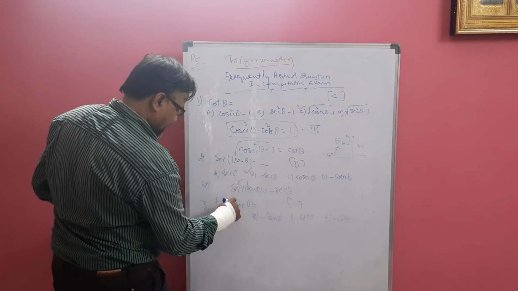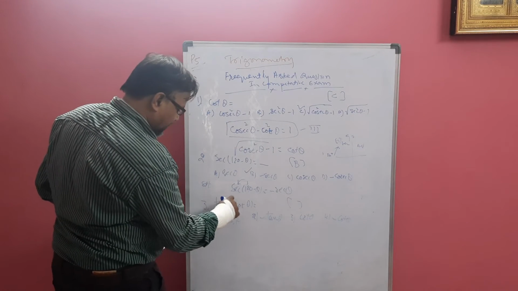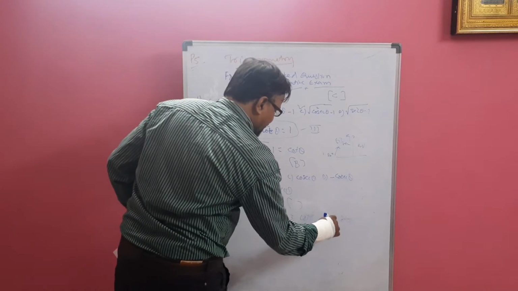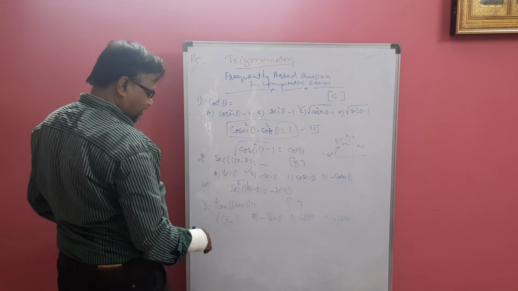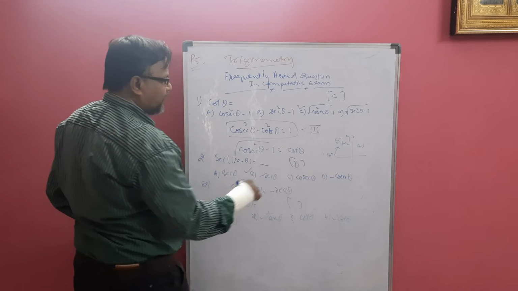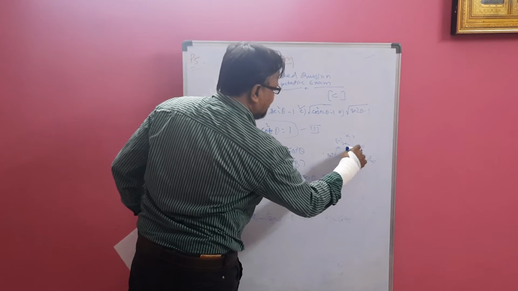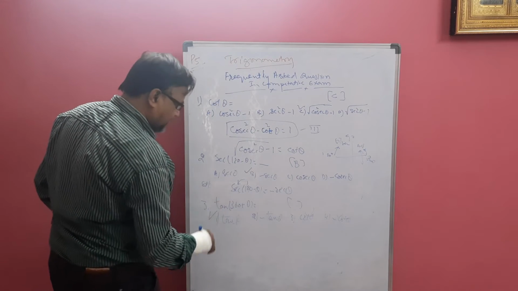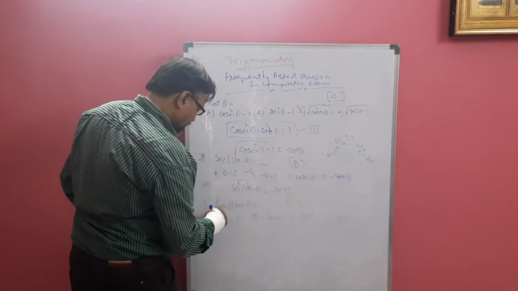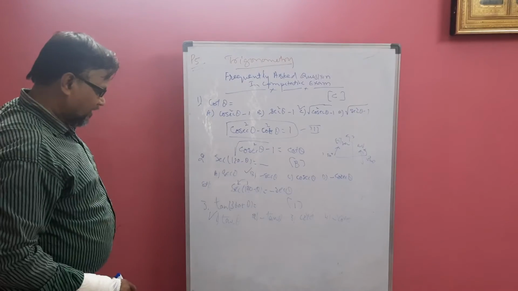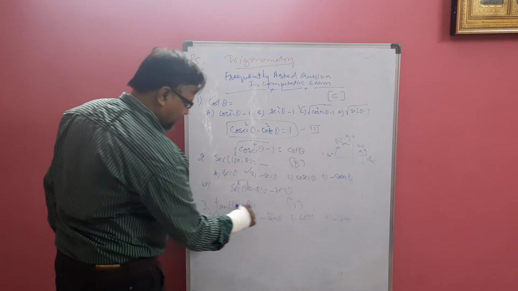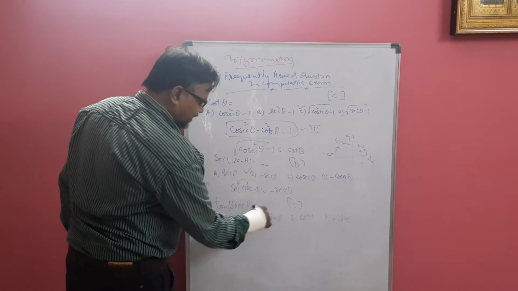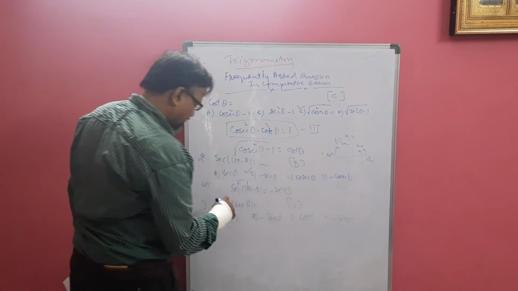Again we have to see that whenever 360 is there, we have the answer as tan. For tan, two answers are there. These and these are not our answer. Why? Because tan of 360 we have to simplify. It comes in the first quadrant. 360 plus theta lies in the first quadrant, all are positive, so this is the solution. Tan 360, tan is our answer. Plus theta comes in the first one, all are positive, the positive one, not this one. So like this we can cancel the first two answers just by seeing 360.